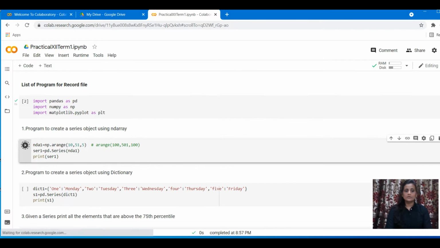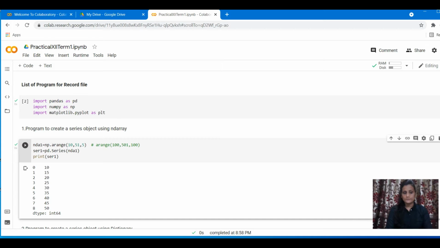Let's execute, and you're going to see two columns. The first one is the implicit indexes put up by the module, and this is the value that we asked for. You can see the values from 10 to 51, meaning from 10 to 50, as I said 51 is always excluded, in gaps of 5.